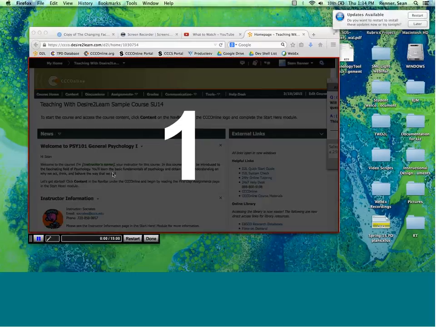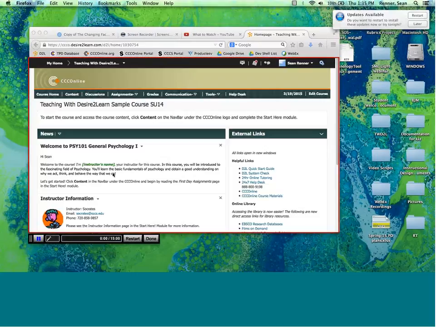It's going to count down for me. And now it's recording. Now I can see my timer down here. Now you'll notice that there is a limit on the amount of time I can record. This is the limitation that you're going to see in Screencast-O-Matic versus some other tools that you may need to pay for, like Camtasia Studio.